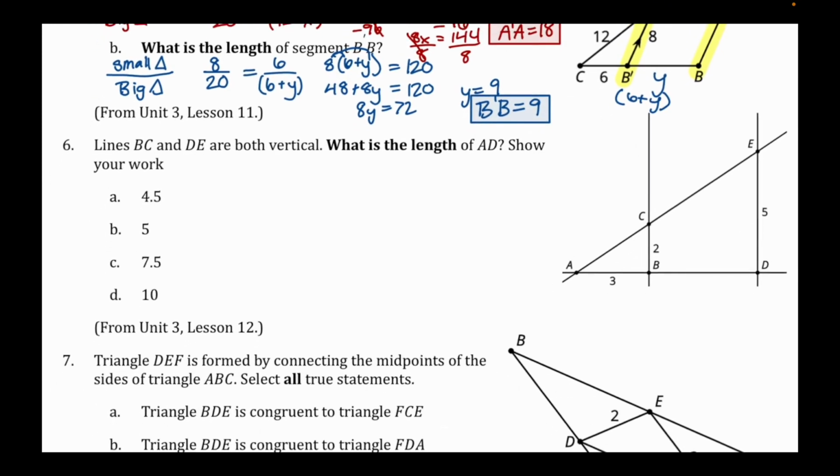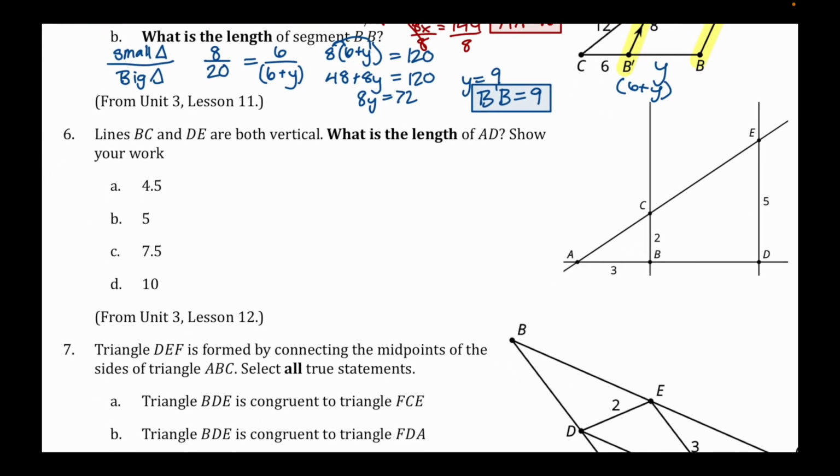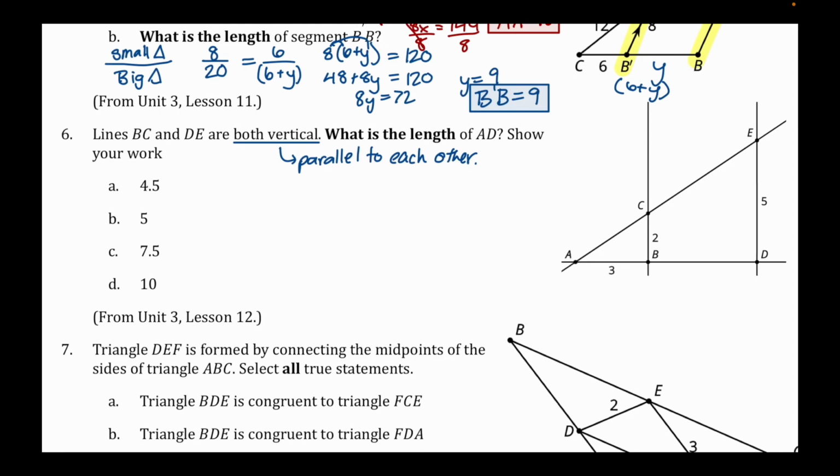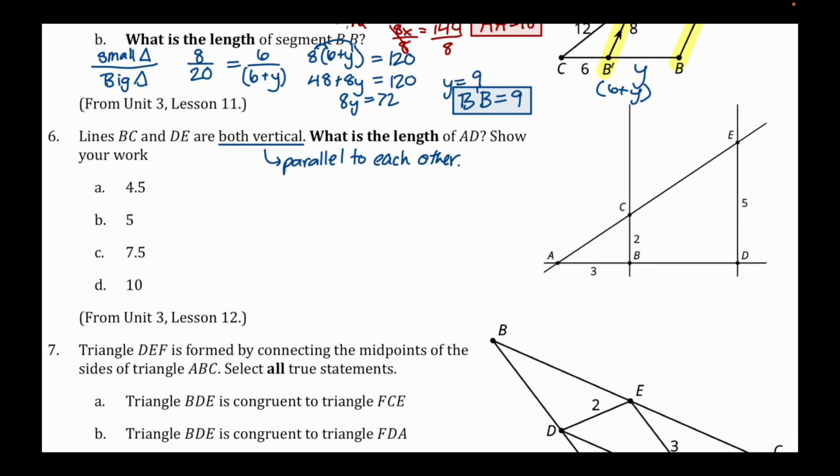Okay, that brings us to question 6. Lines BC and DE are both vertical. I know that if they are both vertical, that means they're going to be parallel to each other. Okay, so what is the length of AD if they have things labeled here? So AD is the entire distance